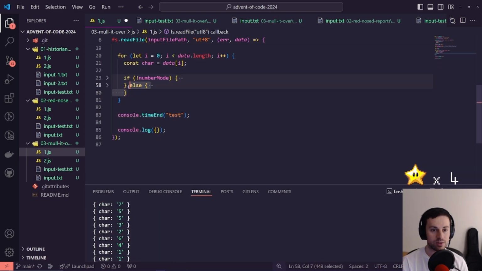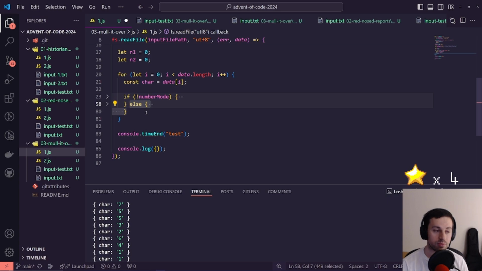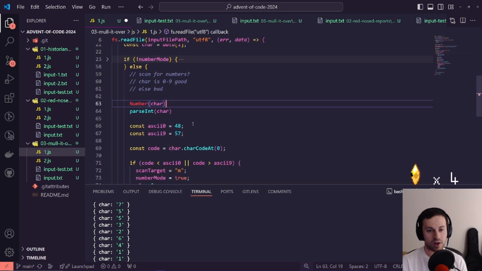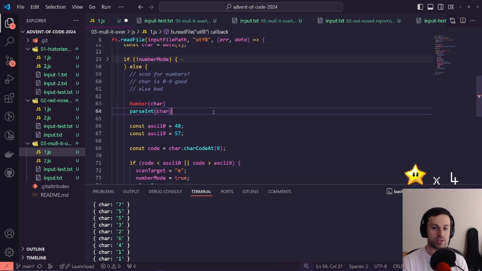So back in my code, this else statement is handling when I'm in number mode and I'm looking at a character. And there's a couple ways that I could check to see if my character is a number. I could just coerce it to a number with the number constructor, and if it's not a number, I'll get the not a number value. That seems fine. It would be very JavaScripty, but I don't want to do that. I could use parse int, and I could feed it my whole data and the index I'm looking at, and I'd get actually the whole integer, the multiple digit integer, but I don't want to do that